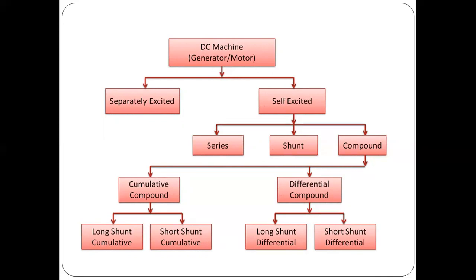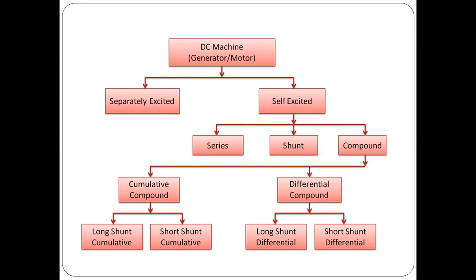This classification is mainly based on the placing of the armature and field winding in the machine parts. Next we can see how the field winding is placed and how the armature winding is placed. Separately excited means the field winding and armature winding are connected separately. Self means both are on the same. Series means both armature and field are in series. Shunt means parallel: armature and field are in parallel.